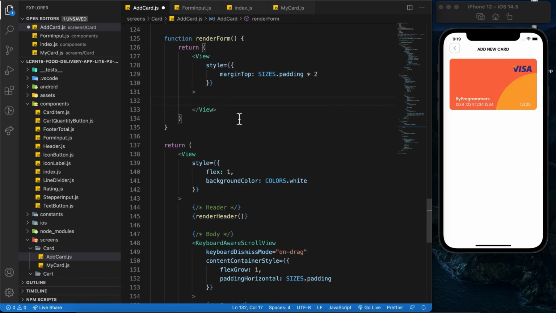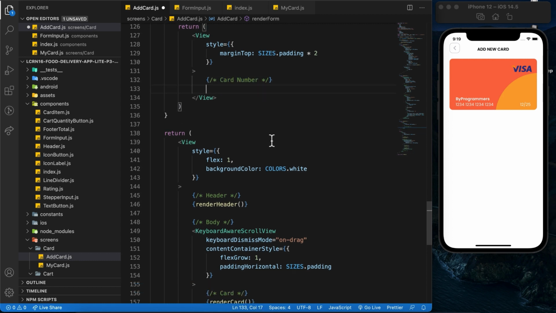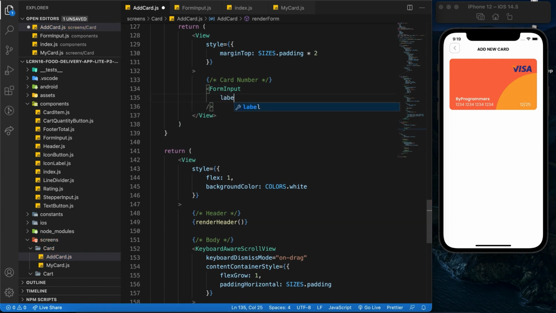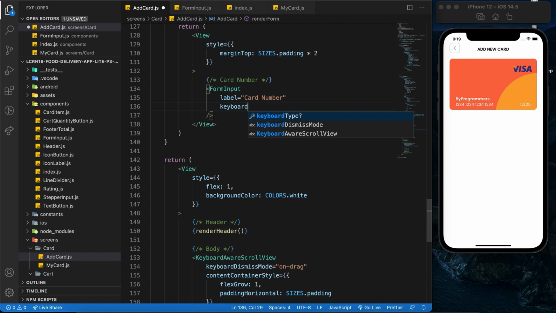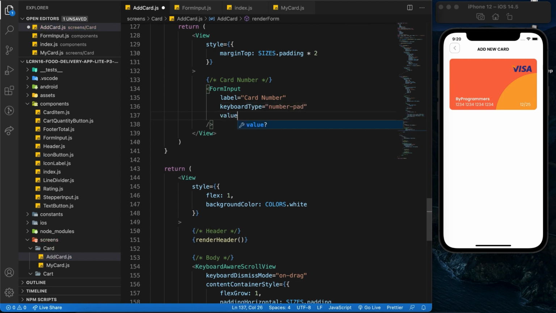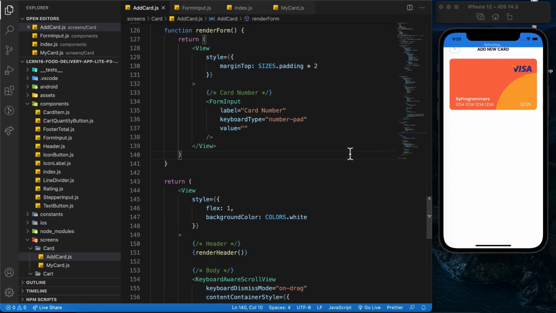Over here we have the card number. Alright, and for this we are going to render the form input component that we have just created. Label is going to be card number. Keyboard type is going to be number pad. Now for the value, I'm going to simply hardcode it to an empty string for now and see if the component works properly. Alright, so save it. Okay, cool, so the form input component that we have just created is indeed working properly. Now what I'm going to do next is that I'm